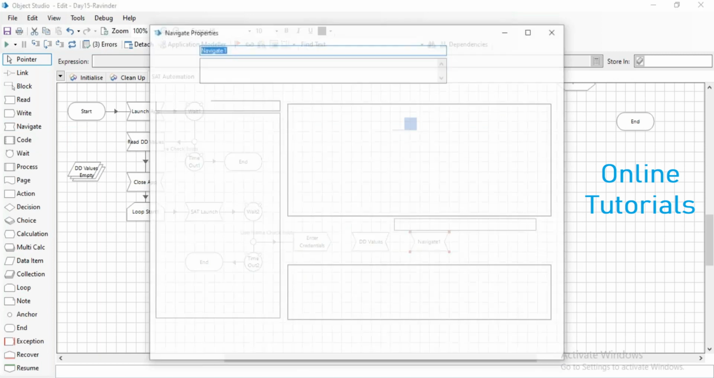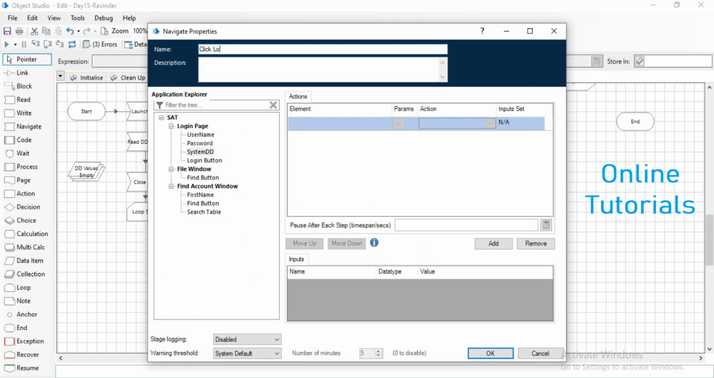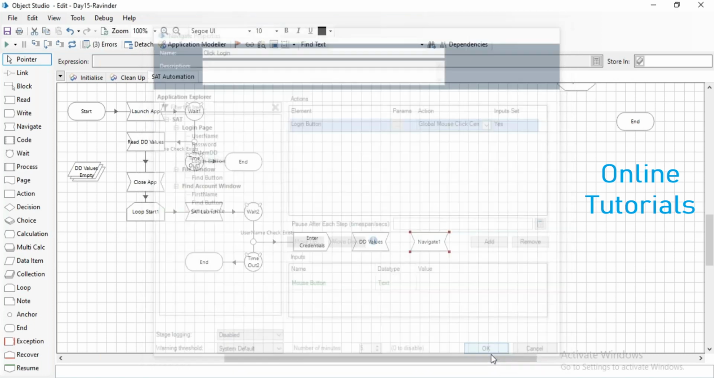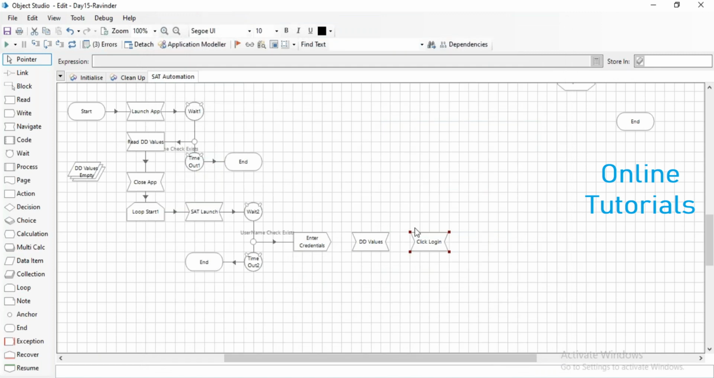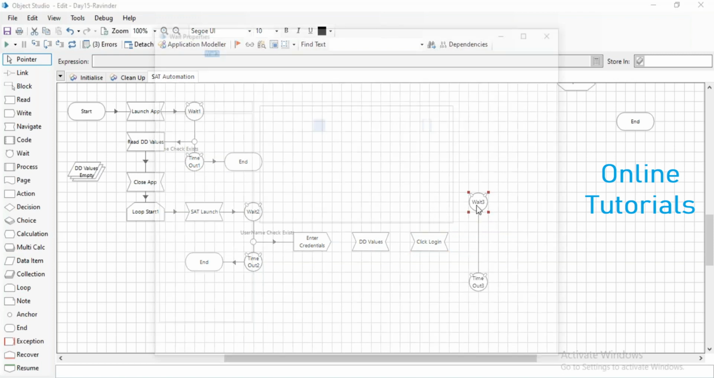Now I said click login. So just go here and use global mouse click center. Fine. After login, it might take some time as well, right? So just go here. And I said